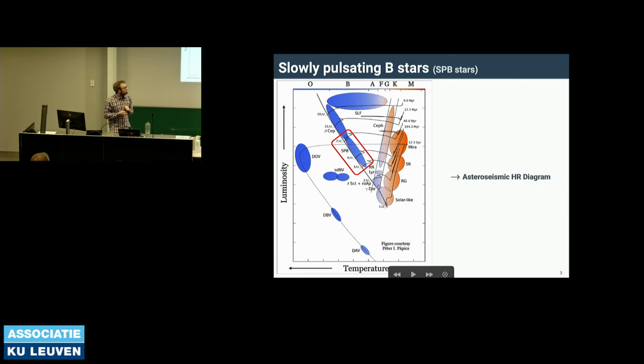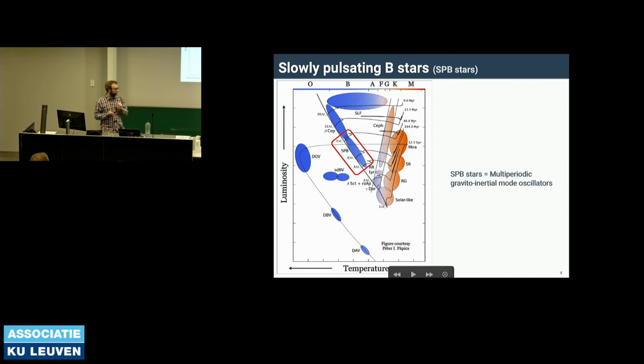These stars are multi-periodic in the sense that they display multiple modes at the same time,